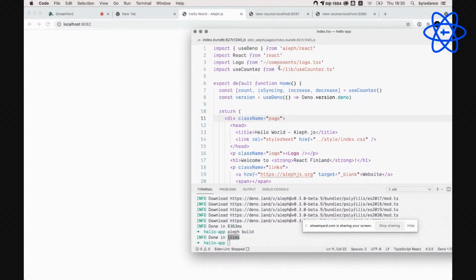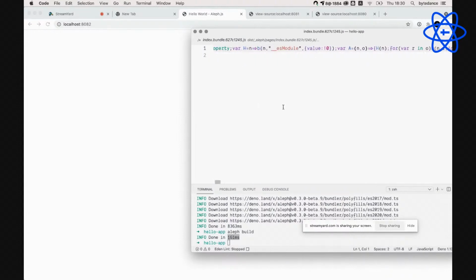The page data includes the useDeno hooks data. I saved it, and I run an NPS server.